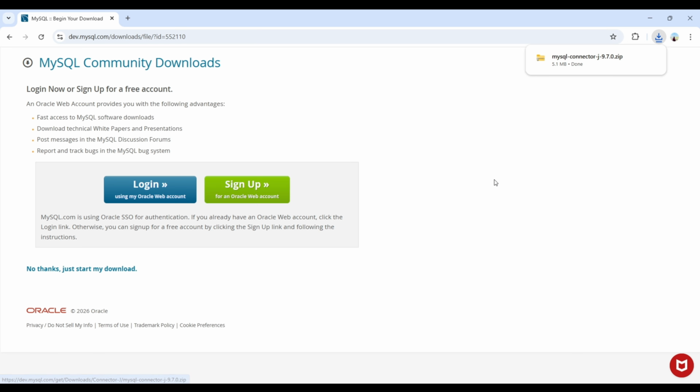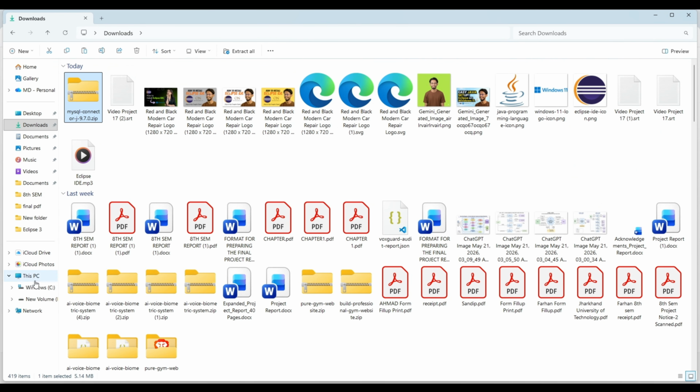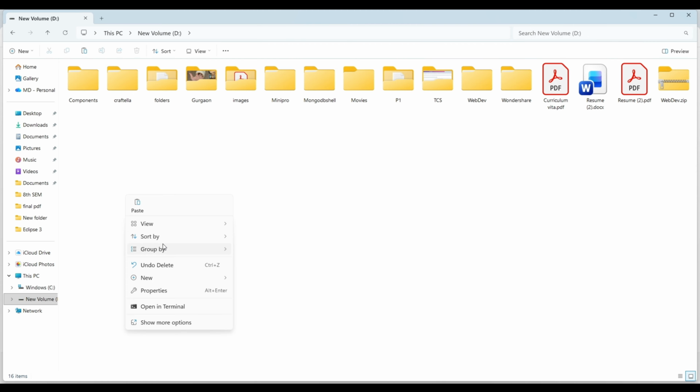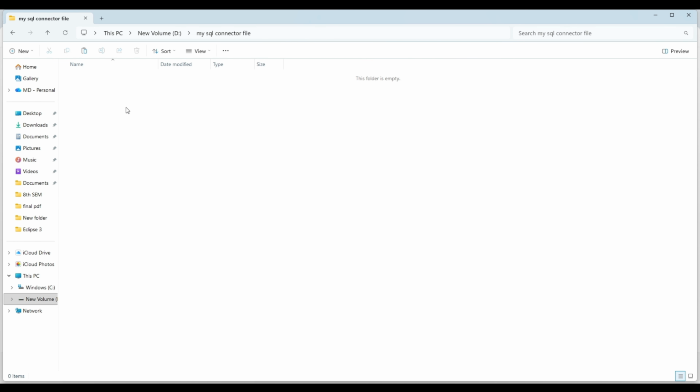Step 2. Extract the connector file. Once the zip file has been downloaded, open your D drive, create a new folder and name it MySQL connector file. Open the folder and paste the downloaded zip file inside it.